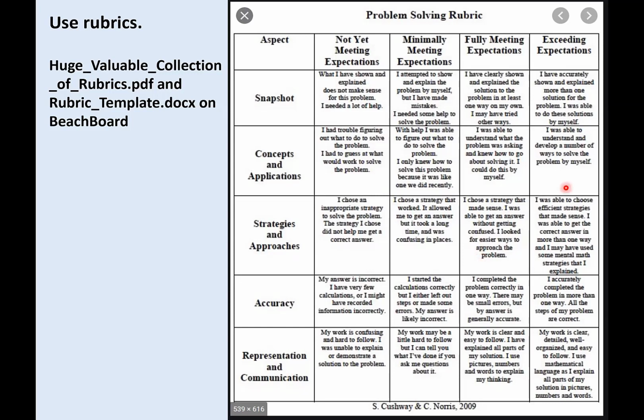And then they have this exceeding expectations, which I don't know if I agree with. This was, I solved the problem more than one way, and you can keep that or not. But the point is you can look at already existing rubrics and then modify them as needed. We have a rubric template and lots of examples. You can just Google, you know, general ecology final, whatever. There are lots of rubrics out there if the ones I provided aren't what you need.